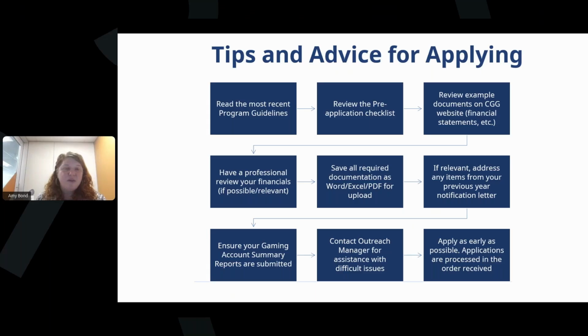So my advice, look at the program guidelines, make sure you're applying for something eligible. Look at the pre-application checklist and get all your documents in order. We do also have example documents on our website. So financial statements, in-kind contribution summary, all of that we have example documents for. If you're not sure how to put something together, have a look at those and it should help you prepare